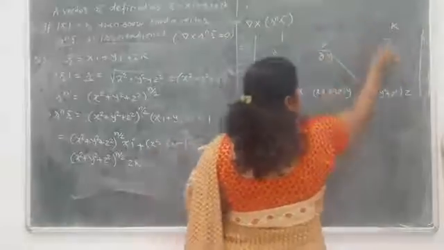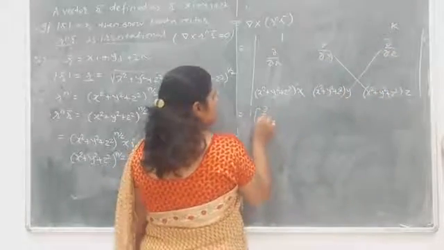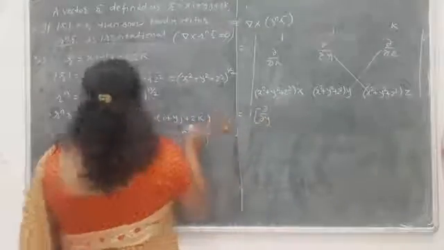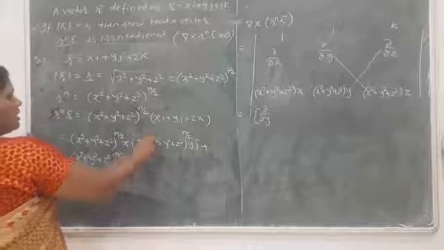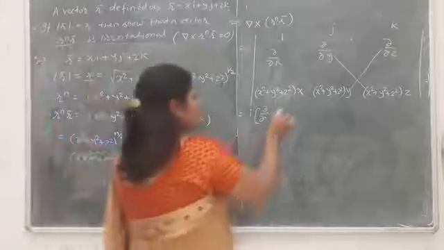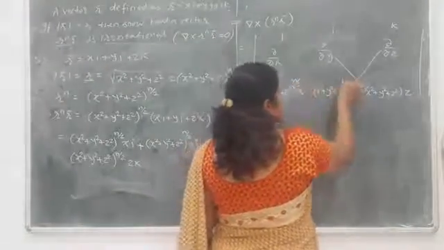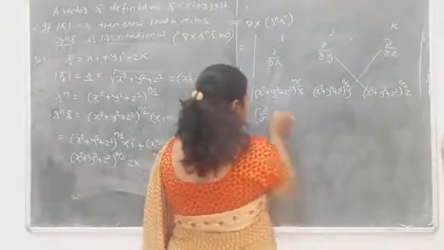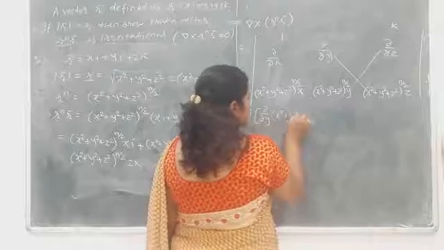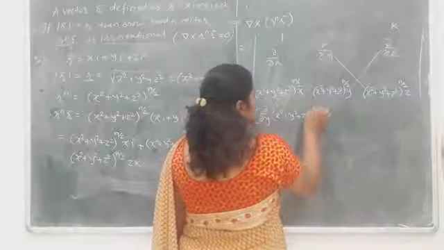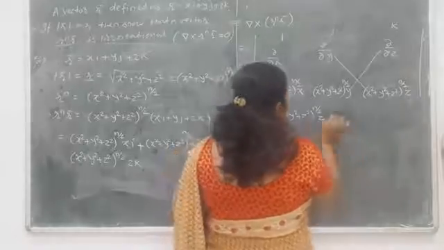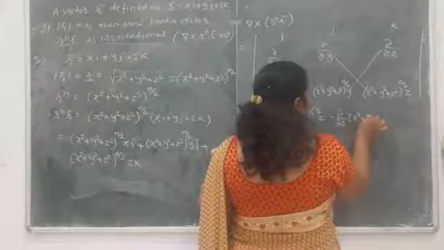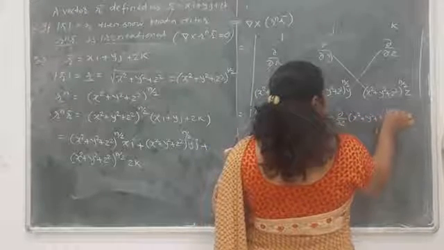so del del y of this term and del del z of this, so that can be written as del del y of, sorry, there is a power n by 2 here. So we write this x square plus y square plus z square raised to n by 2 into z, minus of del del z of x square plus y square plus z square raised to n by 2 into y,